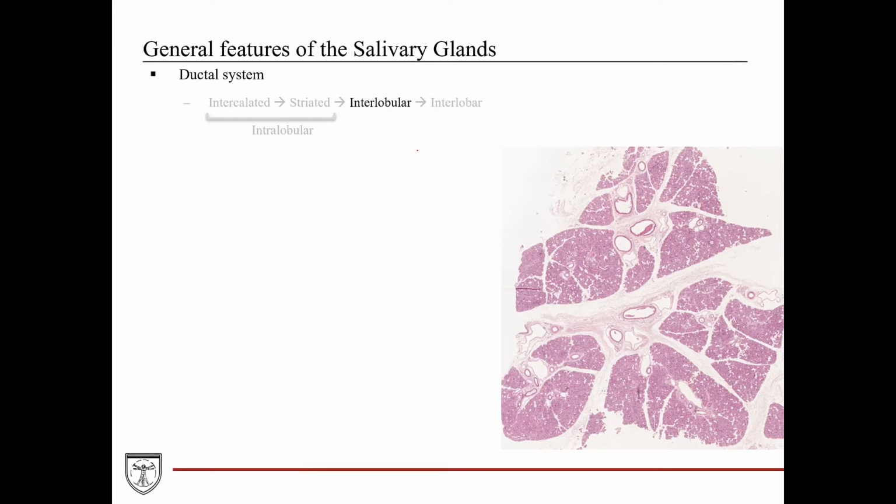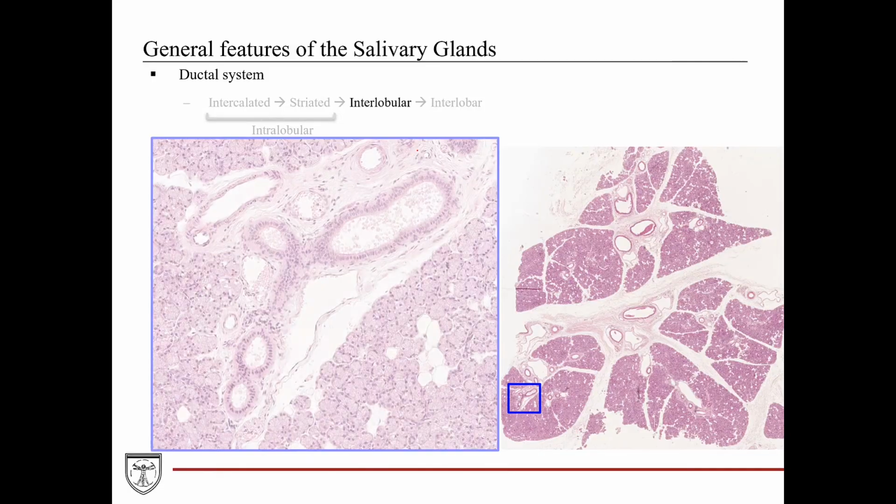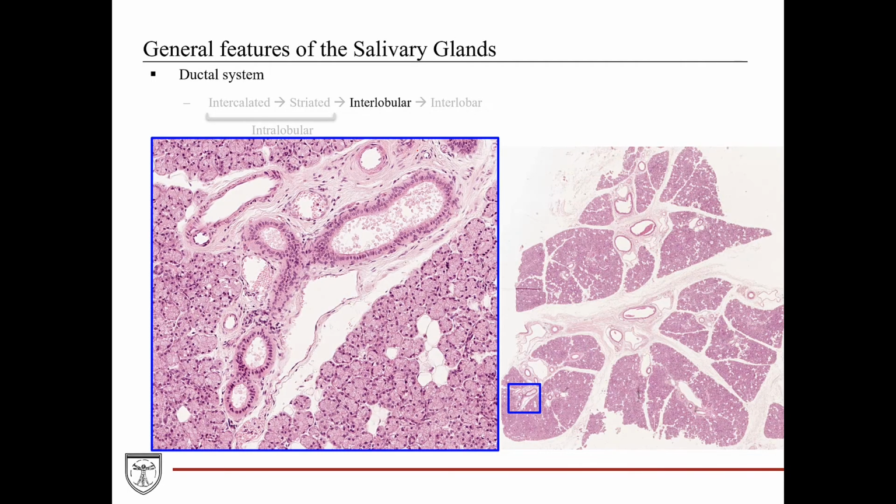Now let's look at the interlobular ducts. So we'll focus our attention on these larger ducts that are physically positioned in between the lobules of the salivary glands, and their histology looks like this. First and foremost, we're seeing a lot of connective tissue surrounding these larger interlobular ducts. And this connective tissue, of course, contains a lot of vasculature, arterioles, venules,